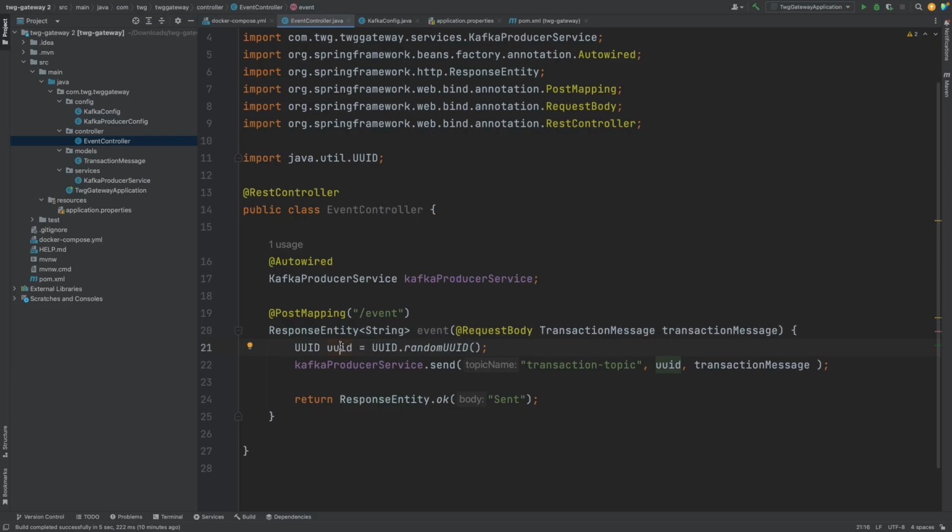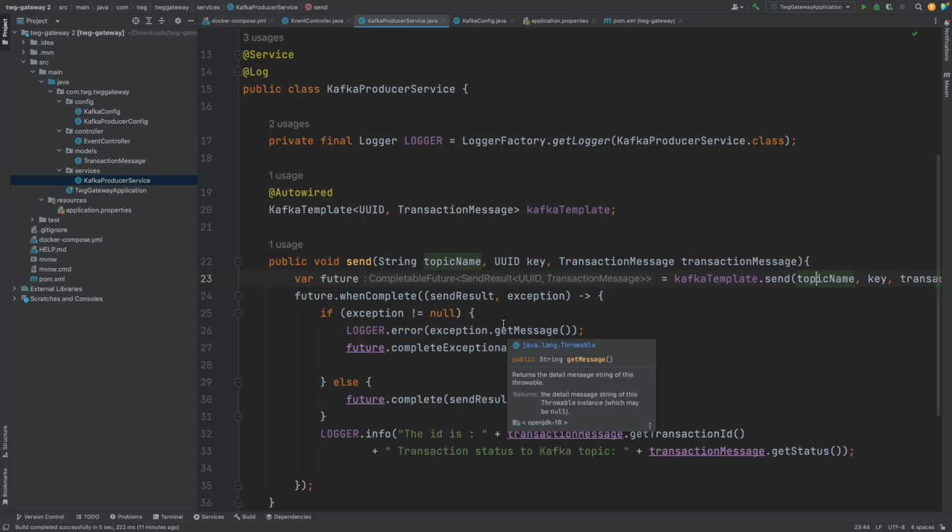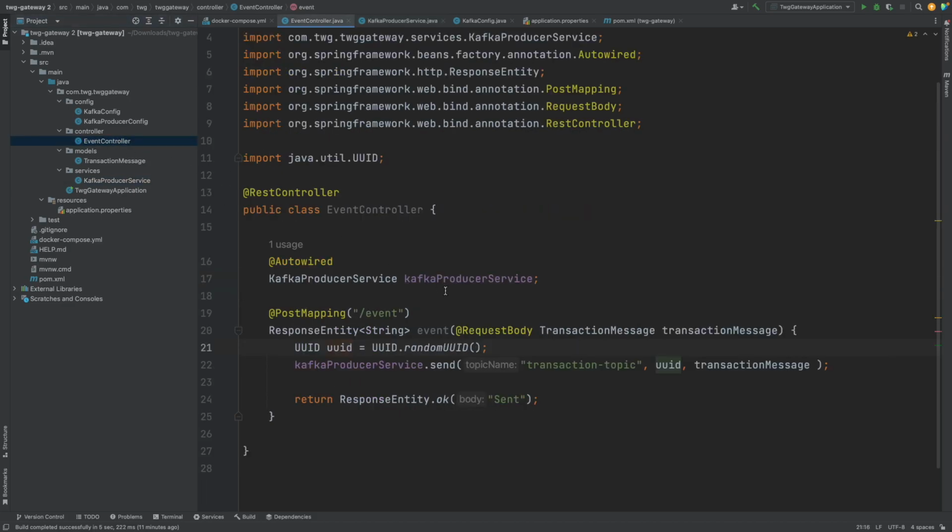One thing that I want to add is a logger, right? We used the logger in the Kafka producer service. We created a variable called logger, and we used the LoggerFactory and the Kafka producer service class to generate a logger to log when there are any errors. After the asynchronous process is done, if there was an exception, it will log the actual exception message, or if it went through properly, it's going to give us info regarding the transaction. But in our case, I want to see when a transaction was received and the UUID that was generated,